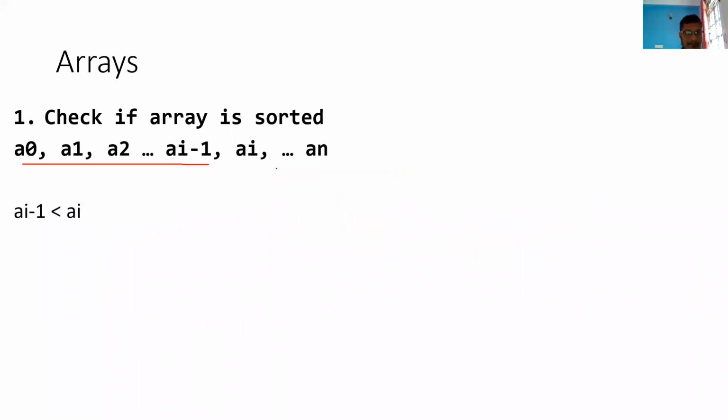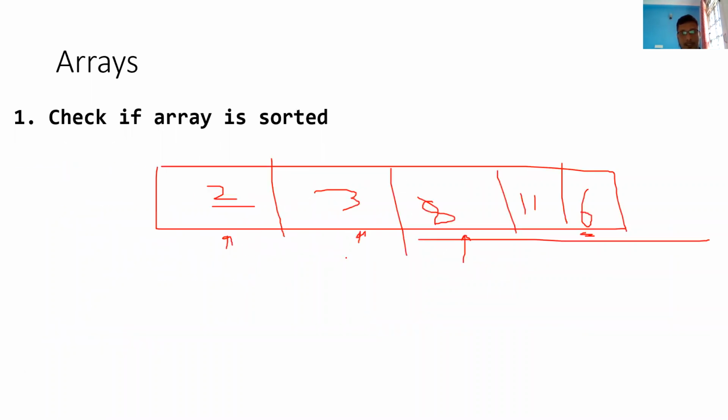For example, let's say elements a0, a1, a2, a of n minus 1, a of i, and a of n. Whenever we say an array is sorted, a of i will always be greater than a of i minus 1. This is the property. For example, in this case, whenever an array is sorted, 2 is always less than 3, so 3 is greater than 2.